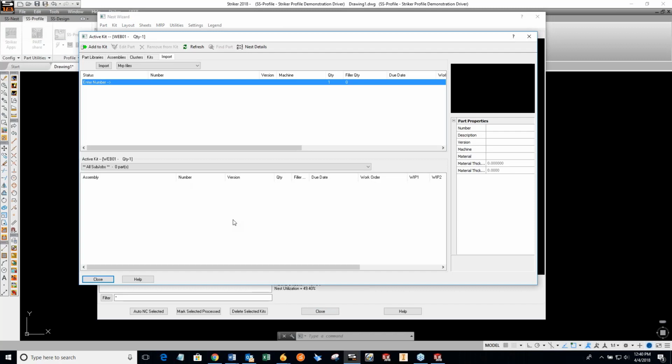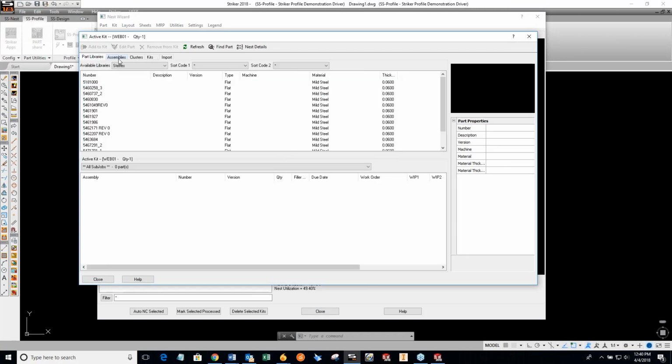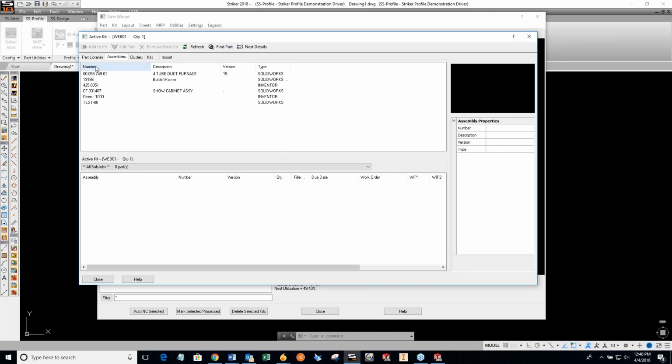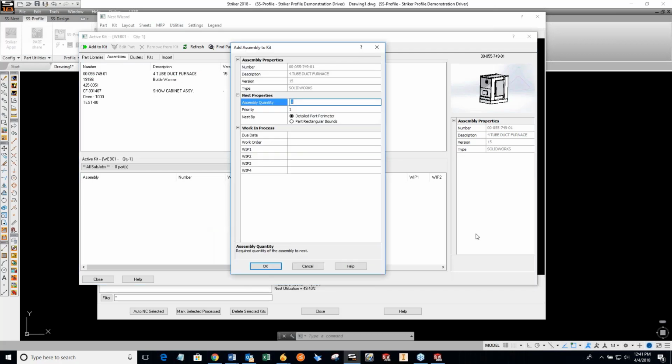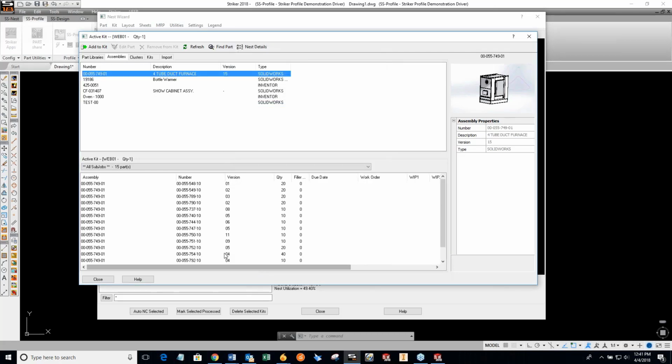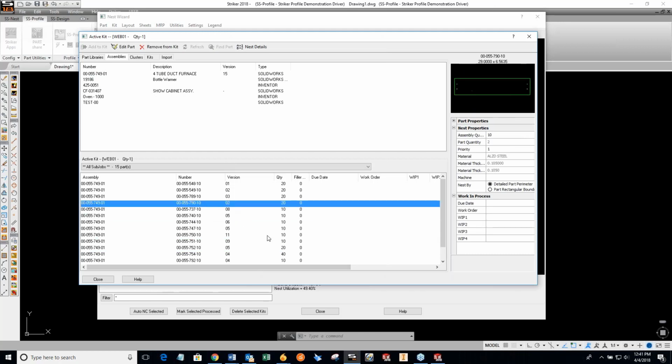And it takes me into this interface, and this is the interface where I could go in and grab individual parts or grab assemblies and say I want to nest those. Okay, so here's the assembly we just extracted. Well, I might say I just received an order for 10 of those, so I just say, all right, I need to add 10 of that particular assembly, and there's all of the parts necessary to manufacture 10 of